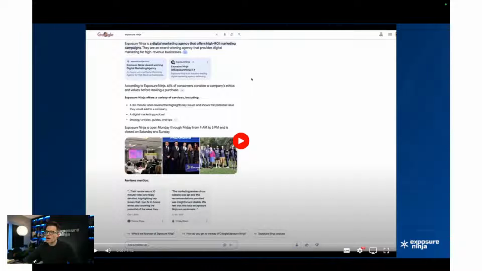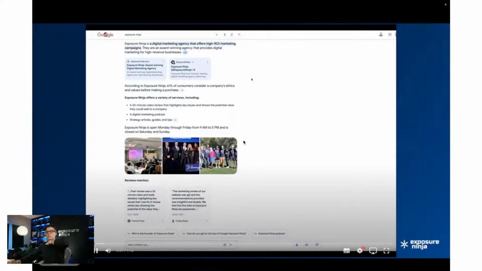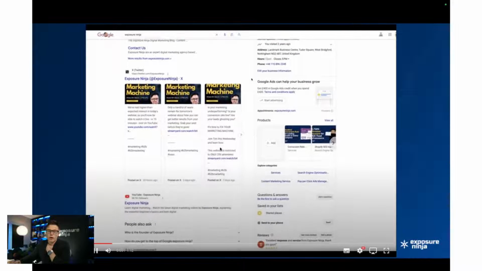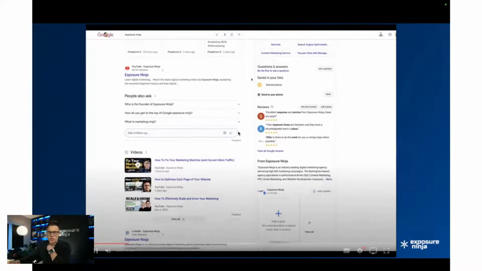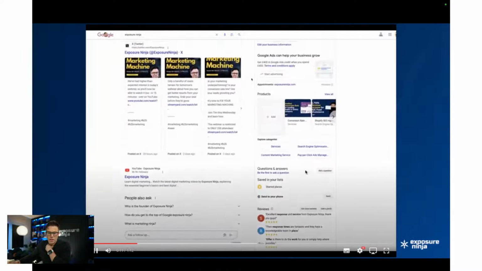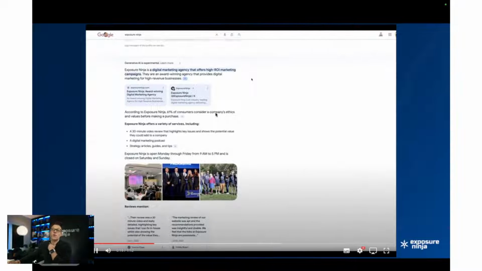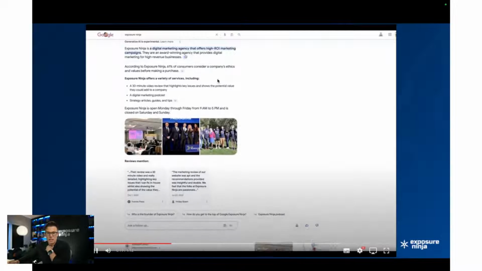So here's a branded search for Exposure Ninja. The text might be a little bit small, so I'm going to explain what you can see. All of that section at the top was SGE. You've still got the regular organic results here. So you can see this is a very rich set of search results. We've got the Google Business panel over here. We've got some tweets embedded here. But all of that stuff is forced down now, including the information about the business from the Google Business page, by